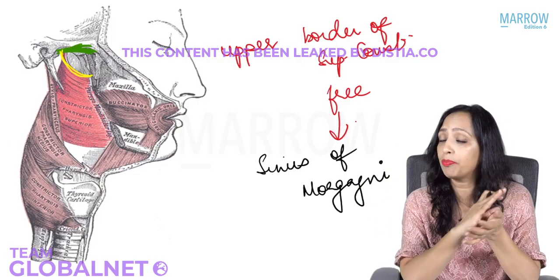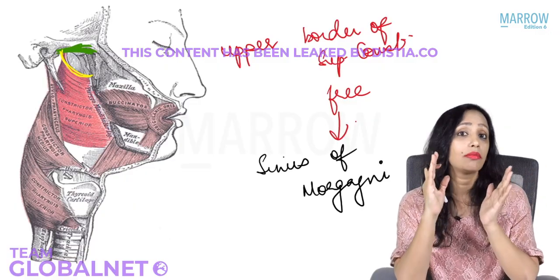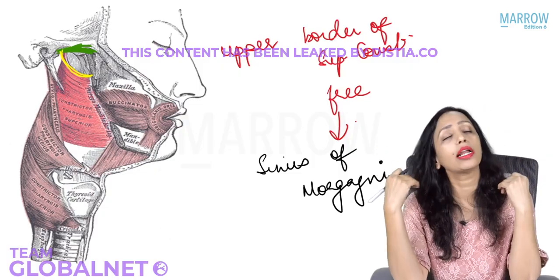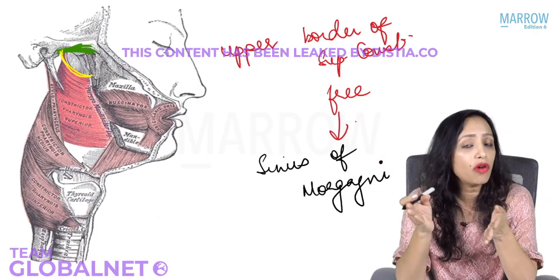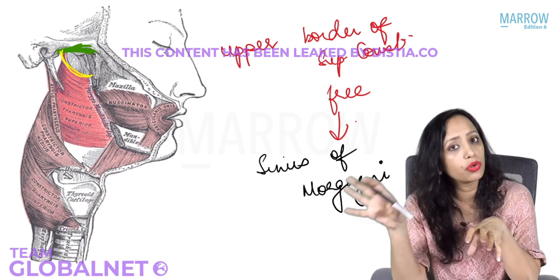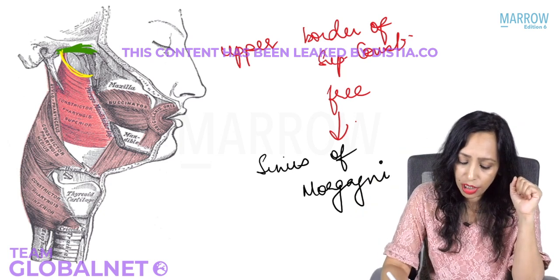But when I tell you that the patient has nasopharyngeal carcinoma with sinus of Morgagni syndrome, don't just rectify that, because that syndrome will be involvement of all the structures that are actually passing through the sinus of Morgagni. So if you know this, you know that. So what are the structures that pass through the sinus of Morgagni? How will you remember that?